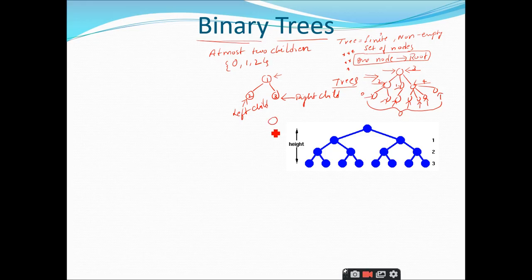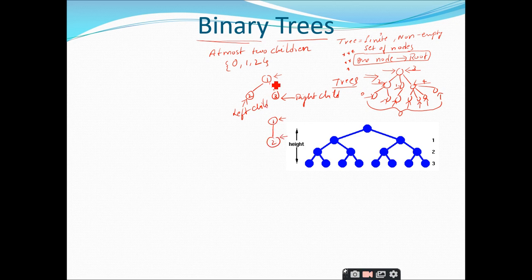So never draw the diagram or represent the trees in this manner. This cannot be a binary tree. So I have this node 1 and the child of this node is 2. Only one child exists. Is it a binary tree or not? According to the definition, it has at most 2 children, and one node is designated as the root node, and therefore this is a binary tree. But while representing it in diagram form, you never represent it as a straight line like this.